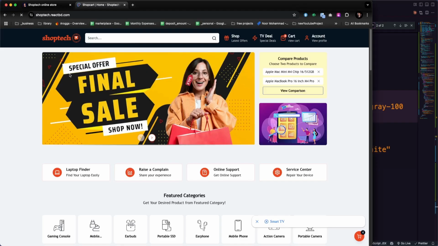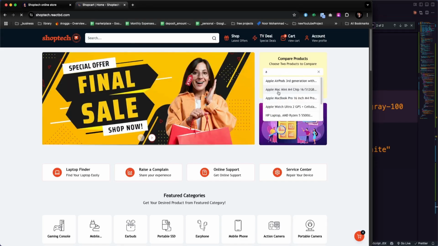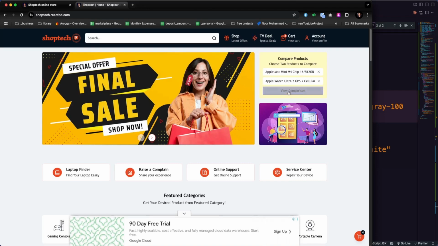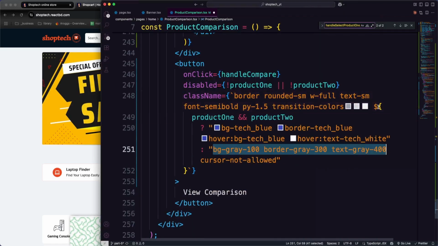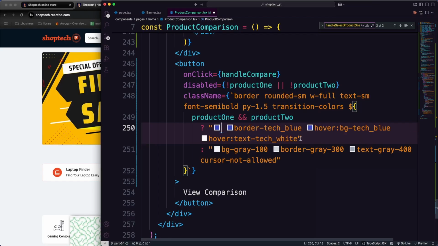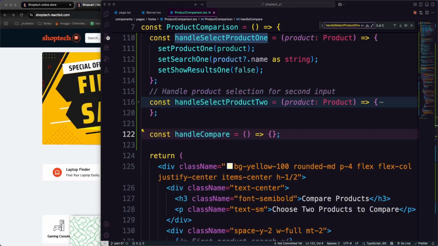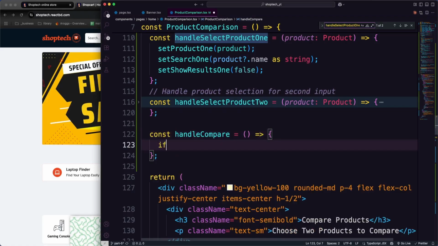I'm going to reload it. That could also be applicable. So okay, and oh, it's still working on hover. Anyway, this is not that proper a way, so I will just keep the default one, whatever is working perfectly fine. So now what we need to do in the handle compare functionality is make sure